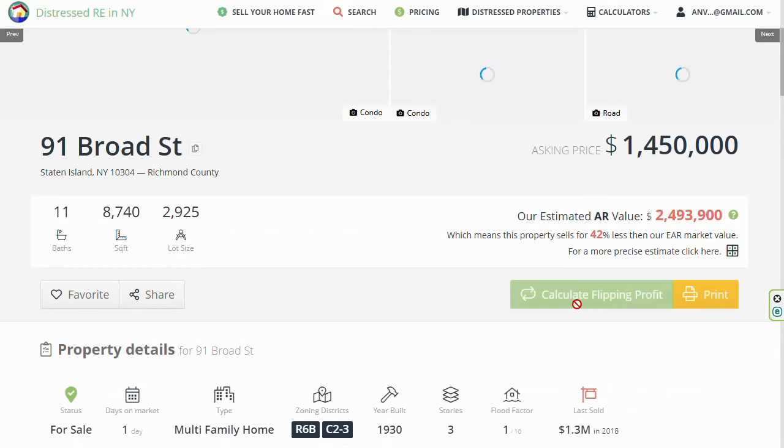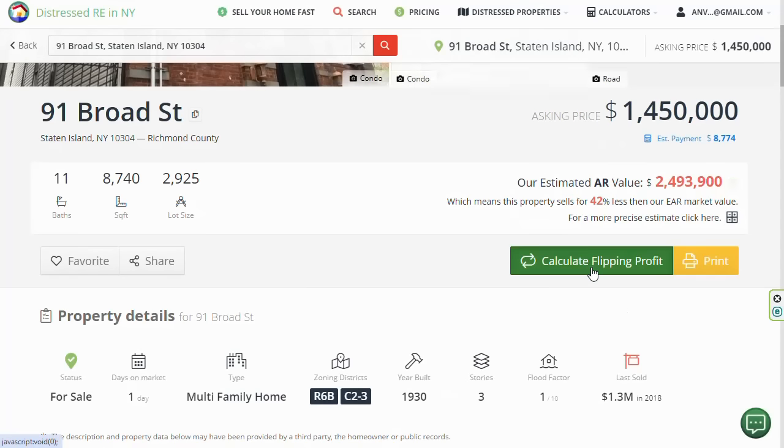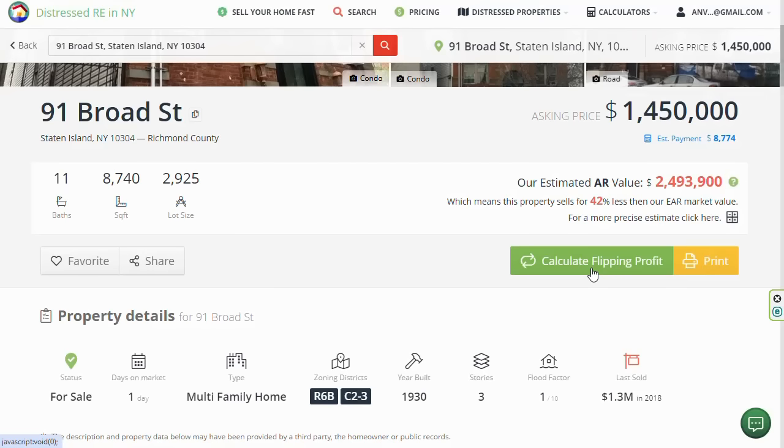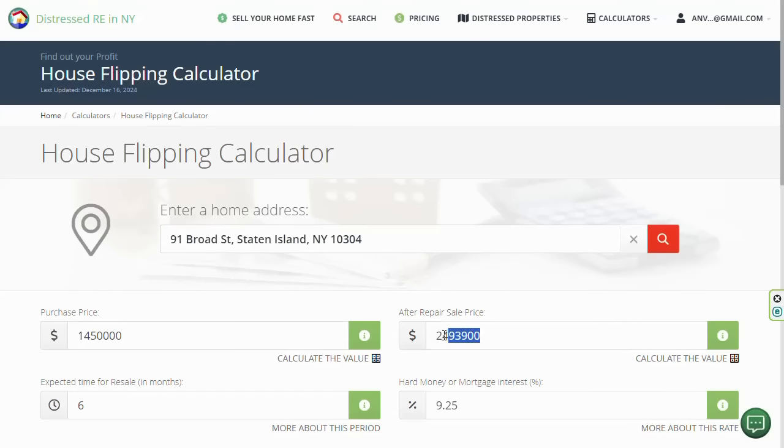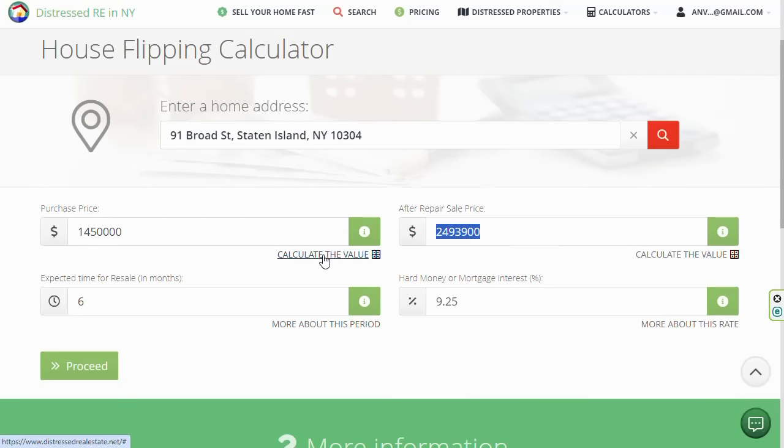Just click the Calculate Flipping Point button to input the selling price or estimated value along with our calculated after repair value right into the calculator. If you need to adjust those values or tweak the parameters, simply click Calculate the Value to switch to our home price calculator for further details. Don't forget to check out our other video on how to use the home price calculator to get even more